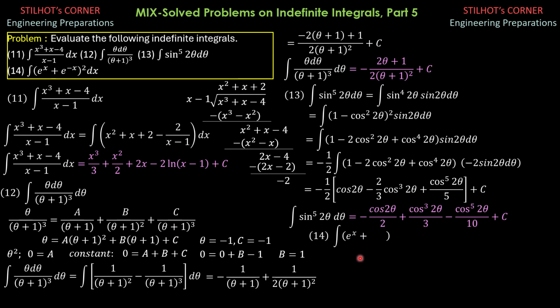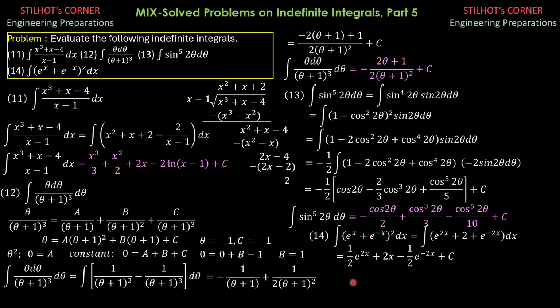Integral of quantity e to the x plus e to the negative x quantity square dx is like integral of e to the 2x plus 2 plus e to the negative 2x dx. So we can just apply the integral of e to the u. There is 1 half because if we imagine u is 2x, the differential is 2dx. So we just evaluate this directly. The first integral is e to the 2x over 2. The second is 2x. And the third is negative 1 half e to the negative 2x plus c.